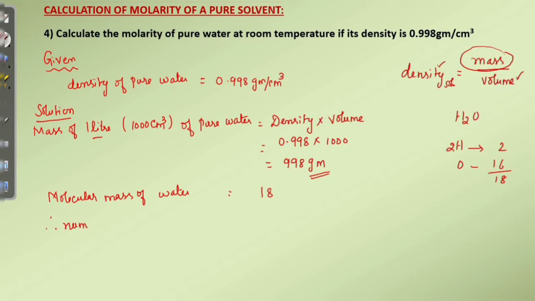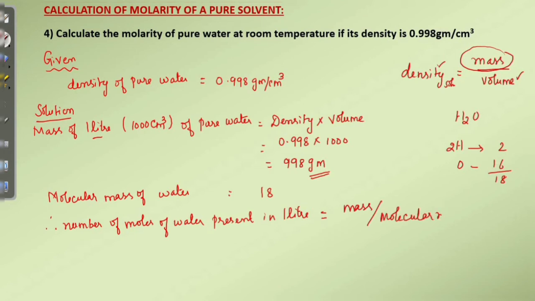So, number of moles of water present in 1 liter, okay? Number of moles of water present in 1 liter, that is 1000 centimeter cube, is equal to mass by molecular mass, that is equal to, what is the mass? 998 divided by 18, okay? So, the answer is